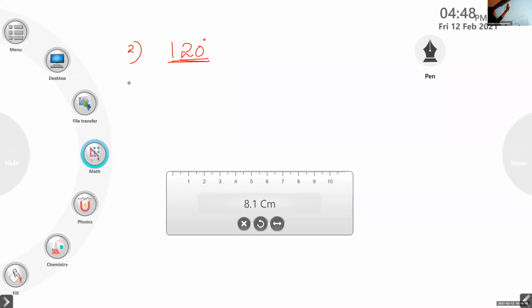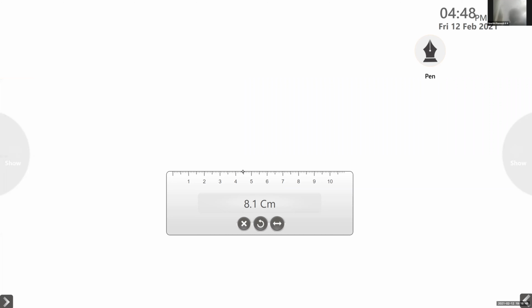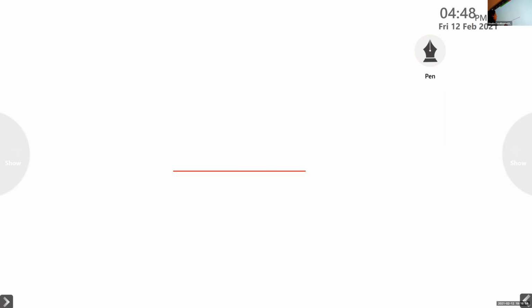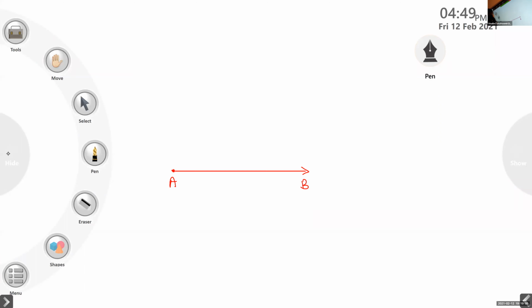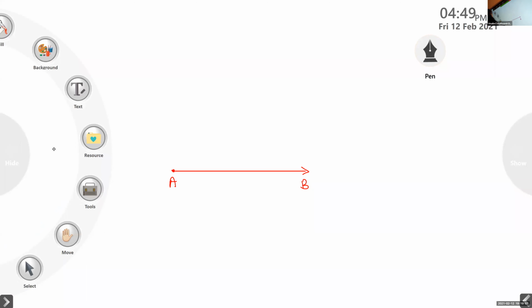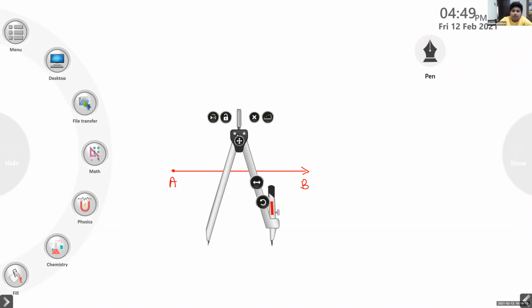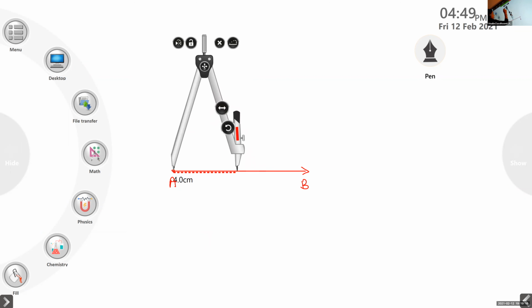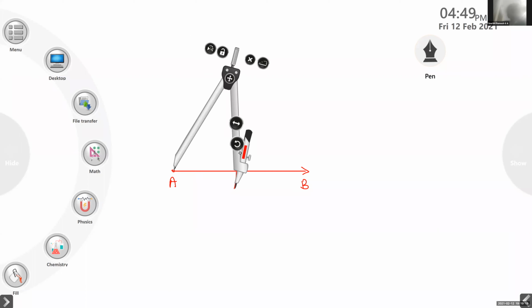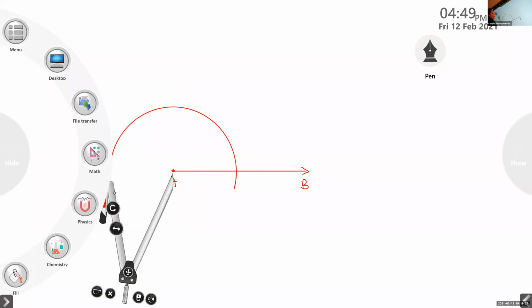So first of all, we have to draw a baseline as usual. The baseline, then give a A, and this is one ray. So it is AB. Now, how did you draw 60 degrees, children? What is our step? First, we need to draw an arc, any measurement. So the same step we should do here also, the same as we have followed in 60 degree.